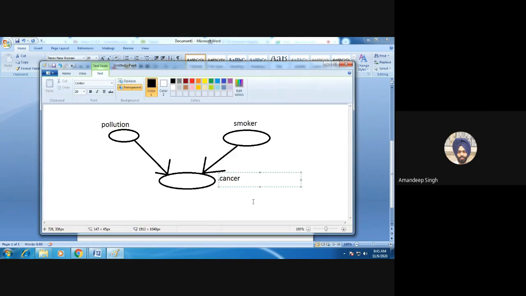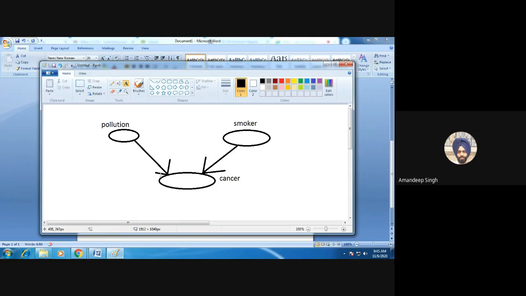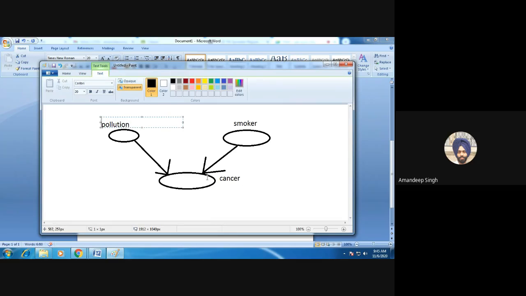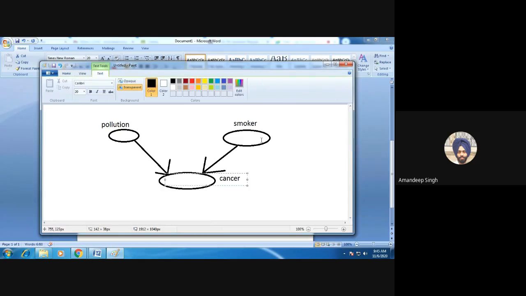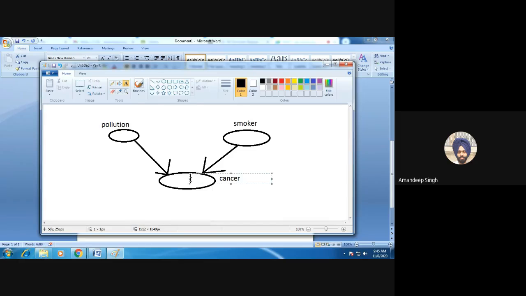So what we're discussing is from the text statement or the example that we were discussing in the previous class. If pollution and smoking are causing this cancer thing, then how you can represent is the pollution node is there, and this smoking node is there, and then this cancer node is there. Now this is basically getting resulted from these two nodes, pollution and smoking. So the arrow is from these parent nodes towards this child node, that is the cancer node. Fine. And what further we can indicate is,